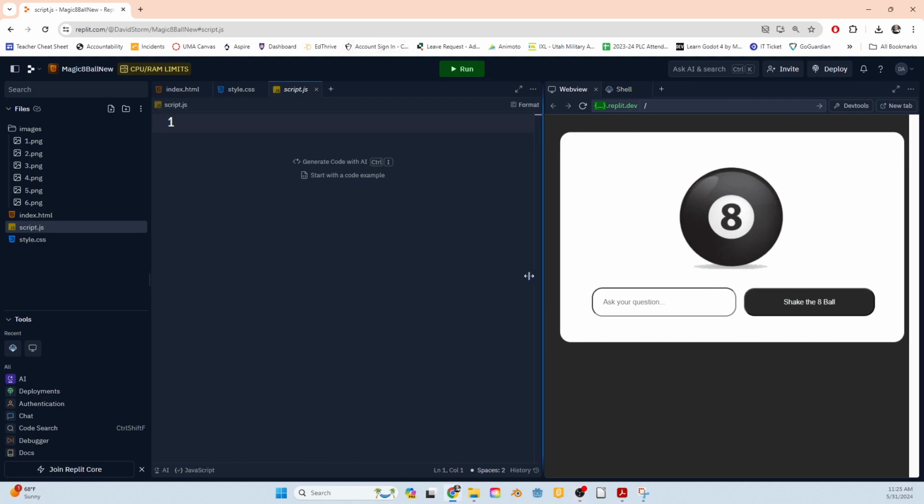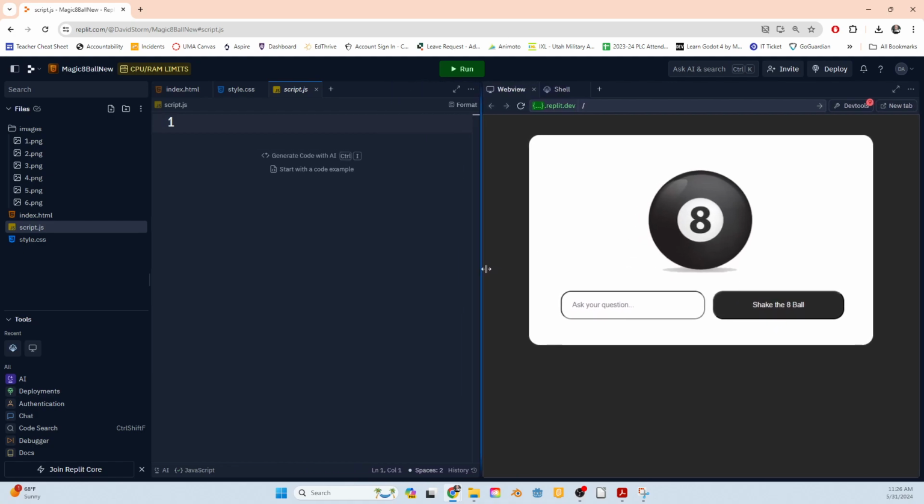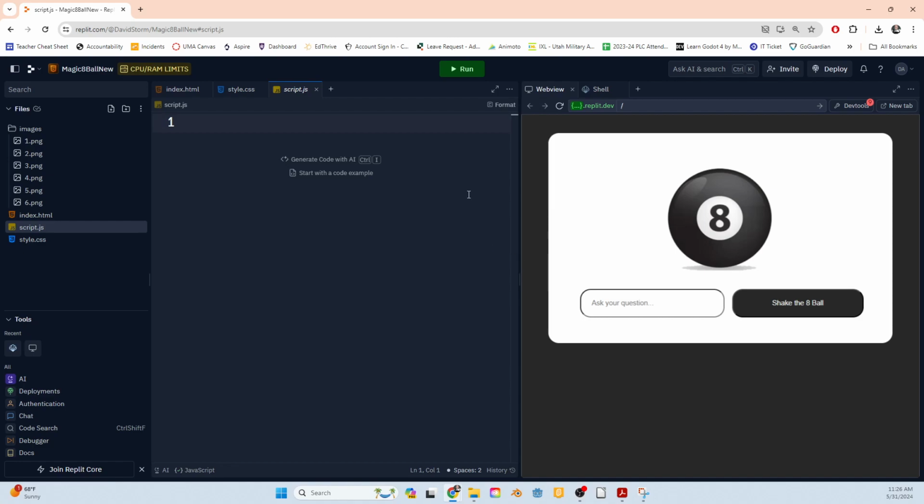This is an example of what the Magic 8-Ball will look like. For now, nothing happens because we haven't written the JavaScript. I am not going to show you the CSS. I'm going to let you figure that out on your own, but I will show you one thing with